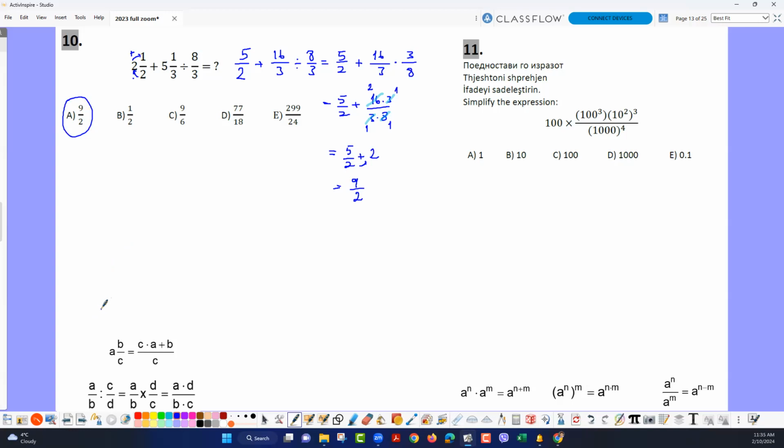Now we are going to continue with the 11th question. In the 11th question, we have the powers of 10, and I'm going to use these properties which are written below. So firstly, let's start with this one. When you multiply the integer by the fraction, you should